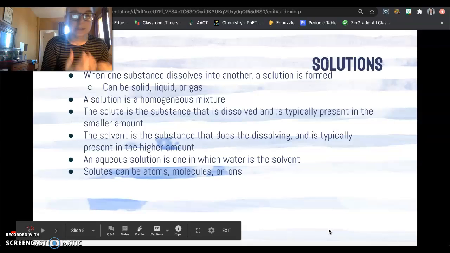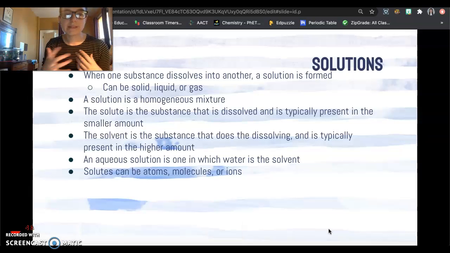Next, we're going to talk about solutions. When we say solution, we're talking about a homogeneous mixture, doesn't matter how you say it. And in solutions, one substance dissolves another. Solutions can be any state of matter. So there are solid solutions, like alloys, liquid solutions, which are typically what come to mind, and gaseous solutions like